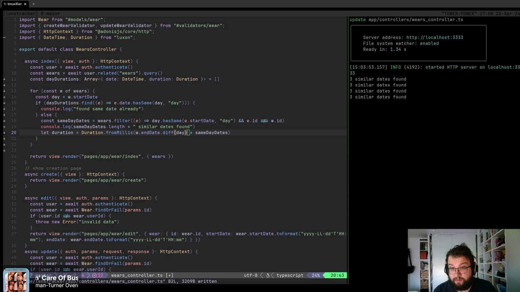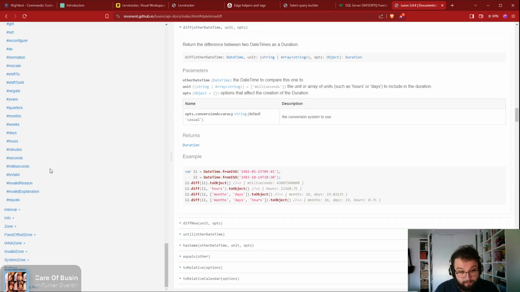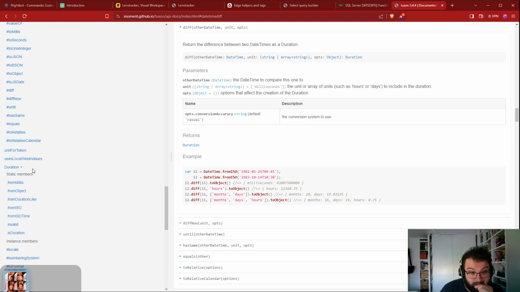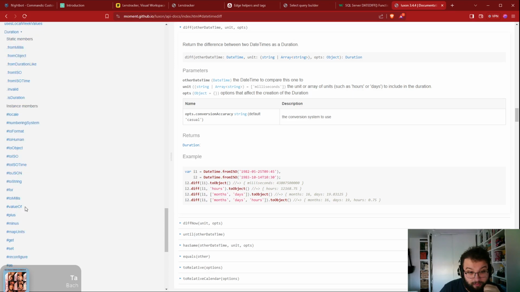It returns a duration. And can we do a duration? I know you can see the documentation. There we go. So if we do a duration, can we do to millis? Yeah, awesome. So let's do to millis to get the milliseconds, and then we'll do